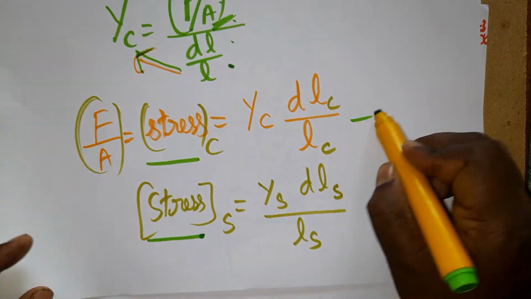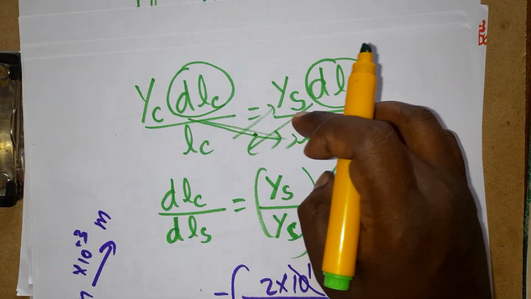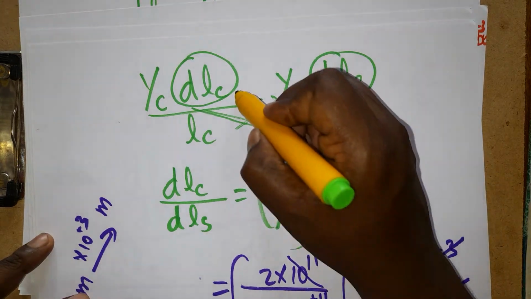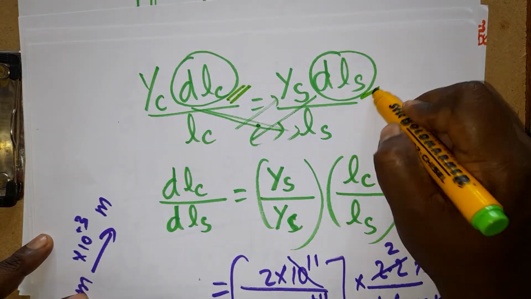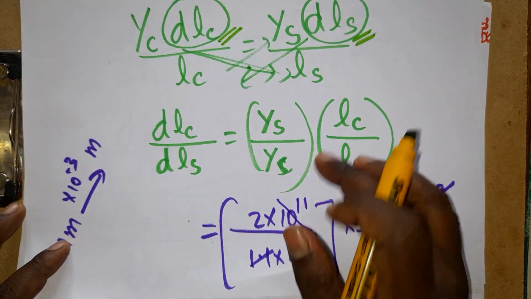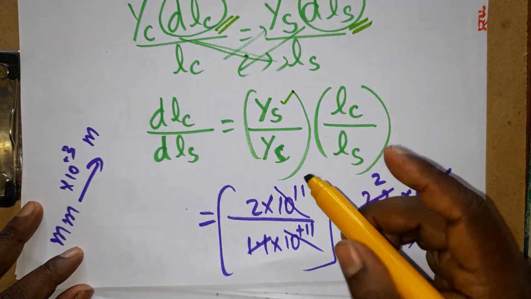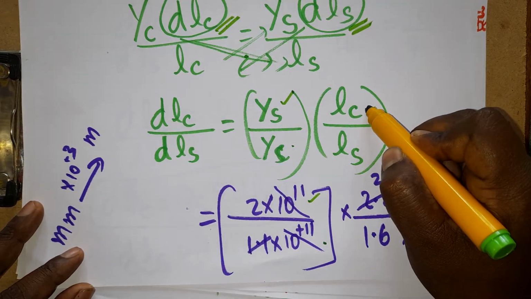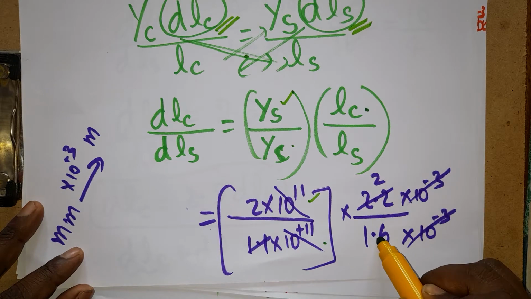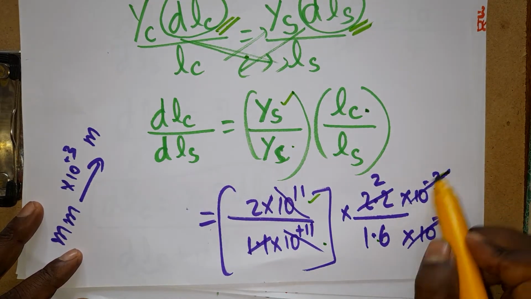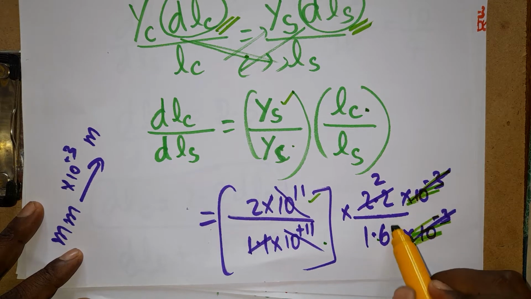If you equate equations 1 and 2, you will get it like this. I am just doing a cross multiplication. Why should I do cross multiplication? I am going to find the relation between the change in length of the copper wire and the changing length of the steel wire. Young's modulus of steel wire I know, and of copper wire I know. The length of the copper wire and the length of the steel wire are given in the question. In case millimeter is given, you can add 10 power minus 3. Actually the question is given in meters, so directly you can cancel.